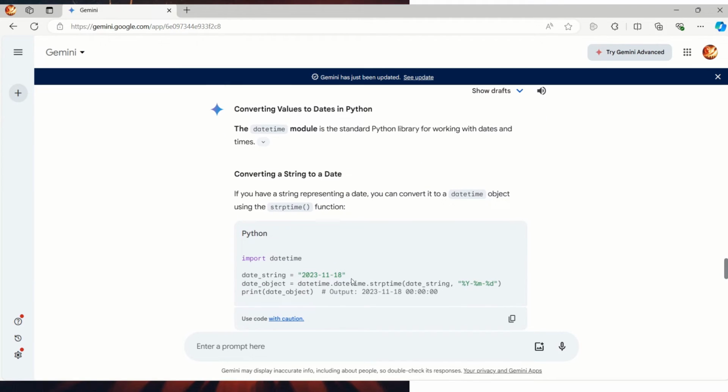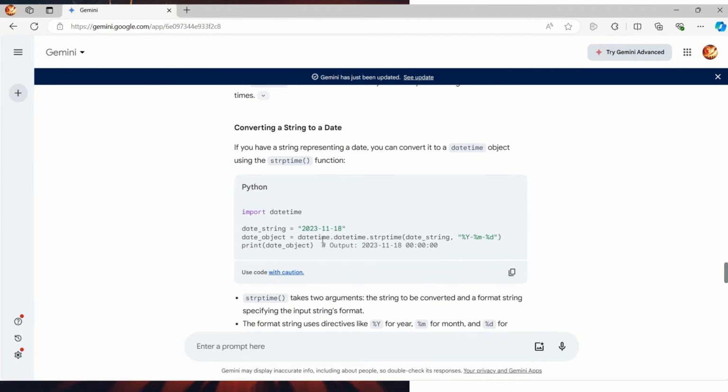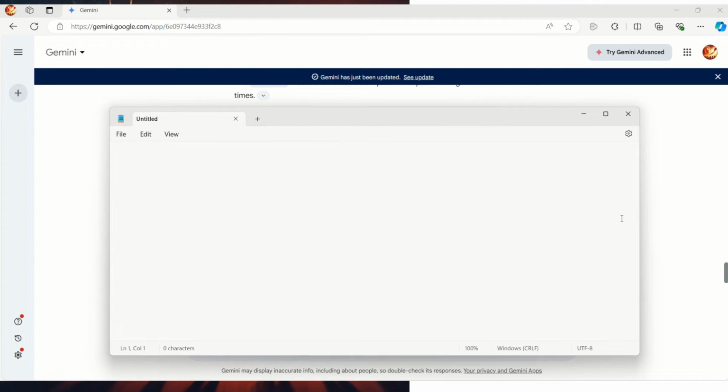Now, this is a very beautiful example for us to experiment, right? This module might have more functions related to date time. So you can as well ask what are some additional date utility functions available as part of the datetime module, and you can experiment with those as well. Shall we try this? All right, let me open a